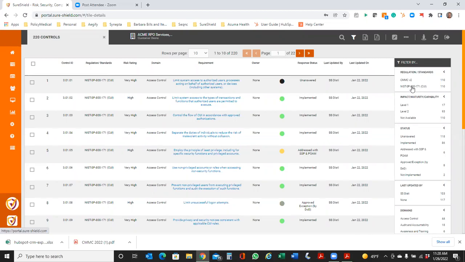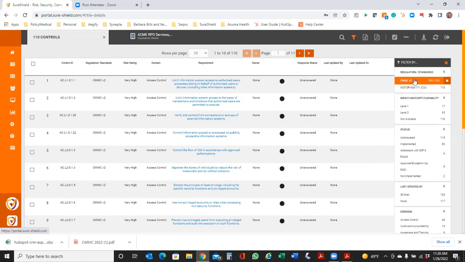But if I come into this, you can see there's a lot of different ways in which I can filter on information. So if I just wanted to look at CMMC level 2 controls, I can filter on that.